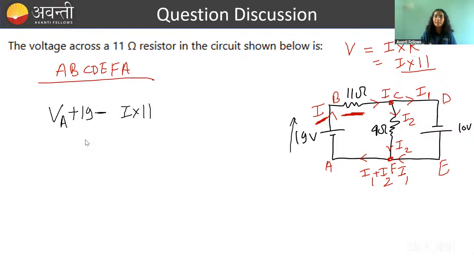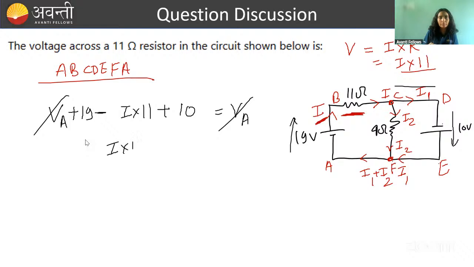Across every element we have to write the potential difference. So across resistor it is I into R. So ये मैंने लिखा. C से D there is no element, circuit element. From D to E there is a battery, and D to E we are moving from negative to positive terminal. So again plus sign 10. From E to F there is nothing. From F to A again there is nothing. So we have reached A. Done it. And VA you will cancel here, and I into 11 is equal to